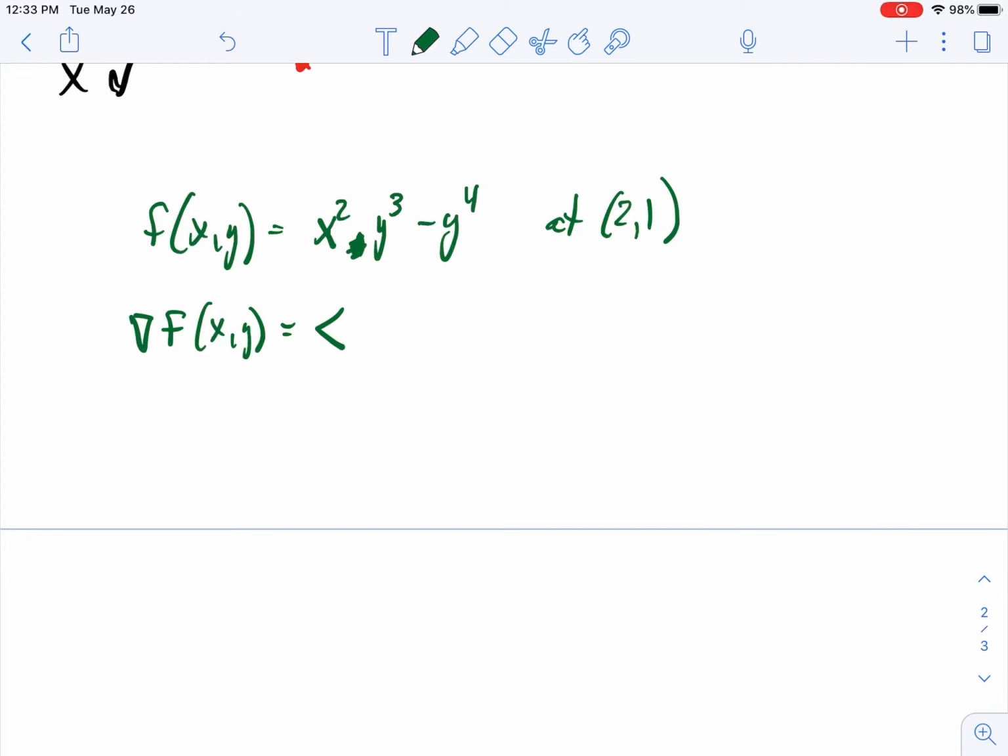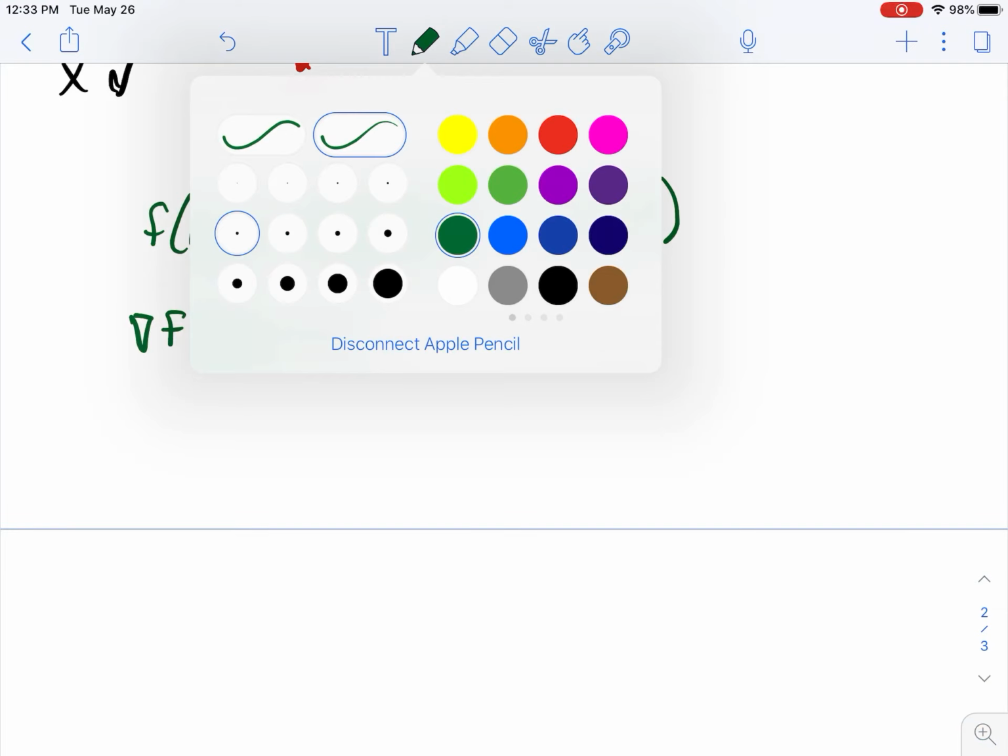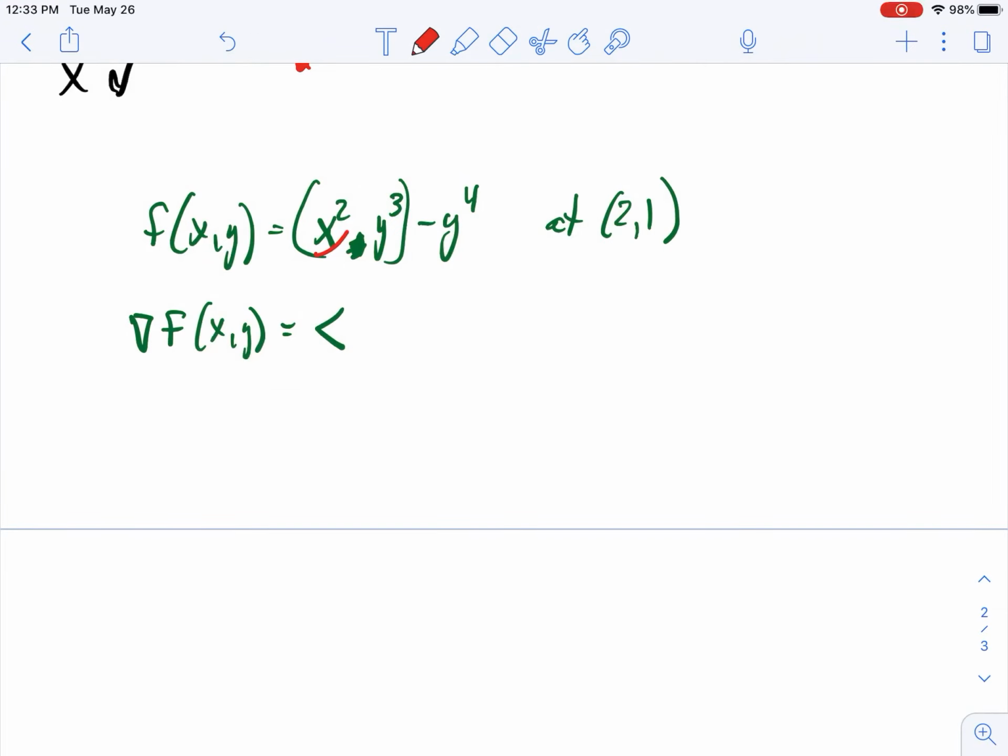Okay. I don't know why I put a comma there again. That's x squared times, there, sorry about that. So x squared y cubed minus y to the fourth. So let's do the derivative